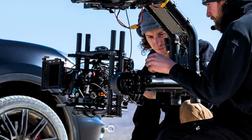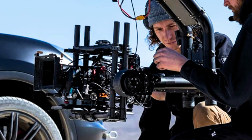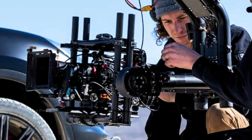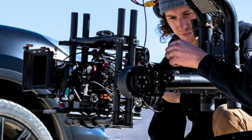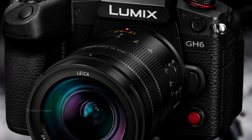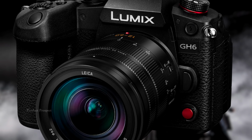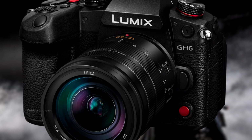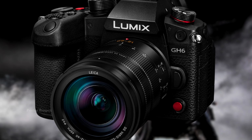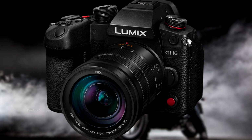Say goodbye to shaky footage with the Lumix GH6's powerful 5-axis Dual I.S. 2, providing up to 7.5 stops of correction, even in low light. Whether you're shooting handheld or on a tripod, you can trust that your footage will be smooth and stable every time. Experience the next level of professional quality imaging with the Panasonic Lumix GH6. With its unmatched resolution, versatility, and stability, this camera sets a new standard for excellence in the world of photography